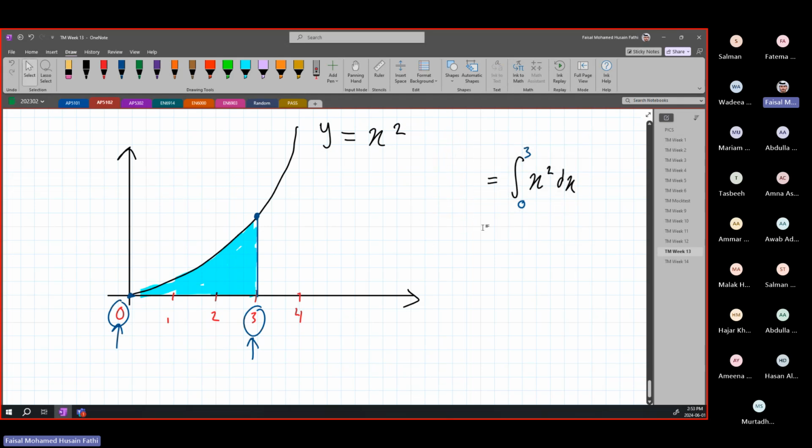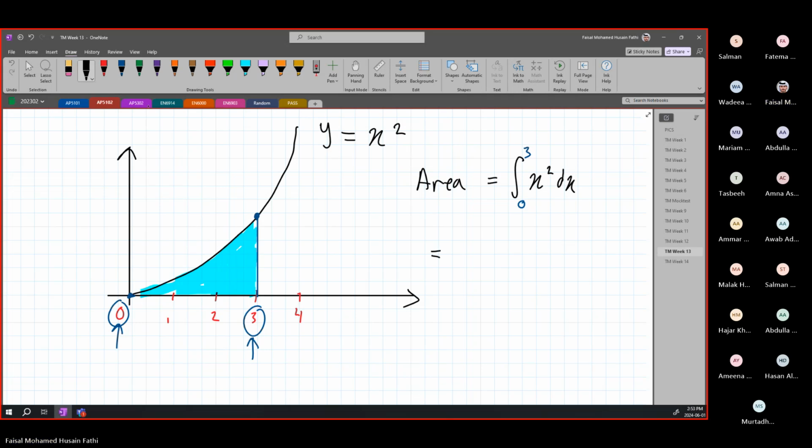Instead of writing y here, I'm just going to write area so you guys don't get confused. So area is going to be equal to the integration of this. It is always going to be the integration of your function, which in this case is x squared. And you're going to have to define the limits. You need to know from where to where. Because here we put a line at 3. If we put a line next to 4, obviously the area is going to change. The value now is from 0 to 4, not from 0 to 3. Okay? So there will always be limits. So simply, we can find the area.